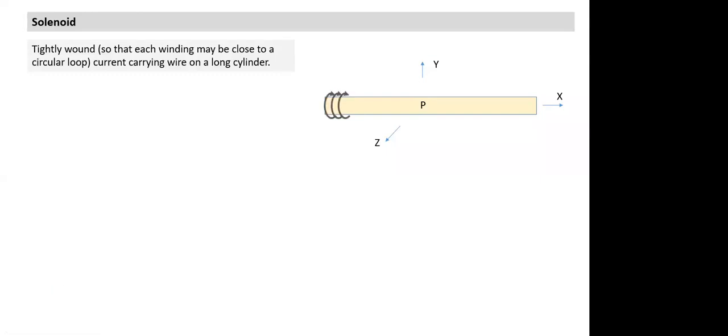And if we have to visualize this, this is how it will look. So we run this wire like this. How is the current flowing? From the front side it is going in, and from the back side it is coming back. Like this, we keep winding, and they are close to each other. So how many loops here? We have 3 loops. Though it is not forming a closed loop, it is wound like this. It is the same current flowing through. But we can treat these 3 loops as 3 different circular loops, all carrying current I in the same sense. And if you continue winding more and more, it becomes a solenoid.